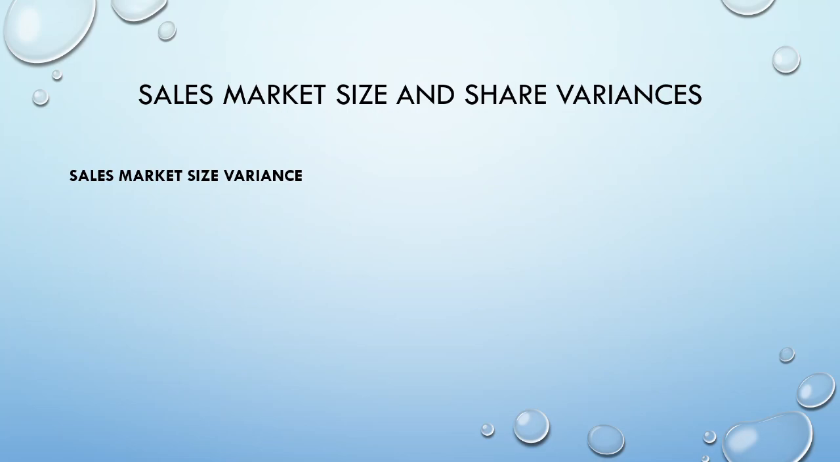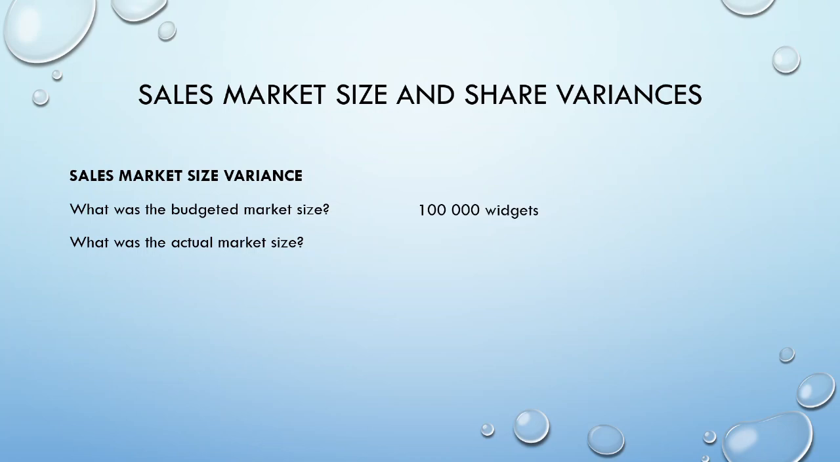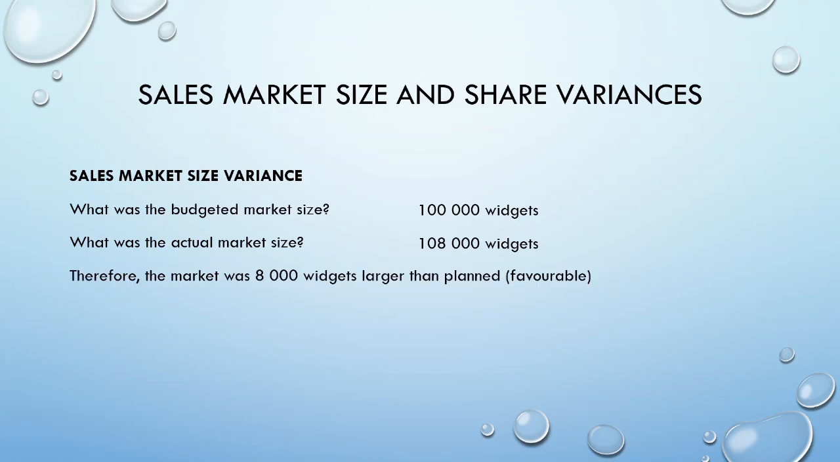This variance considers how our sales quantity changes because of the change in the overall market size. So we are considering the change from the budgeted market size to the actual market size. Remember from the scenario that our budgeted market size was 100,000 widgets. Our actual market size, however, was 108,000 widgets. Therefore, the market was 8,000 widgets more than we expected, which is favorable, as we would expect to be able